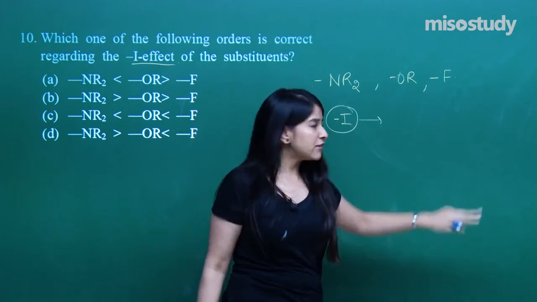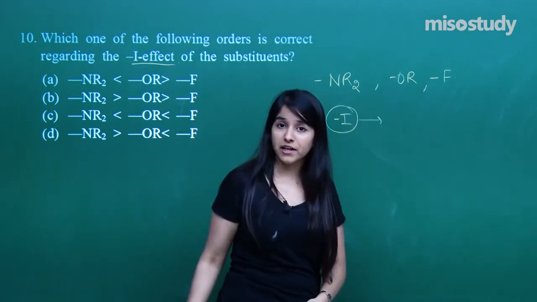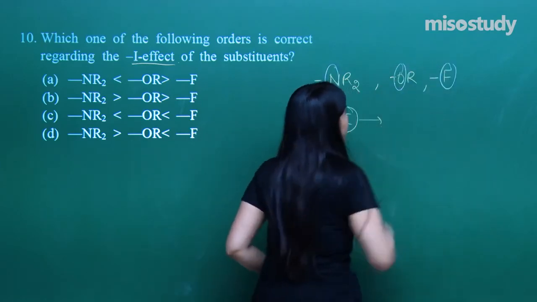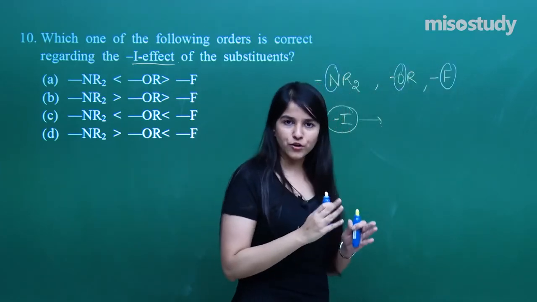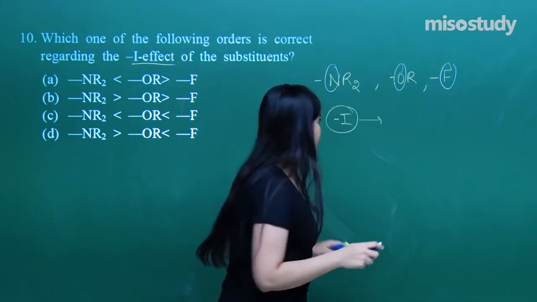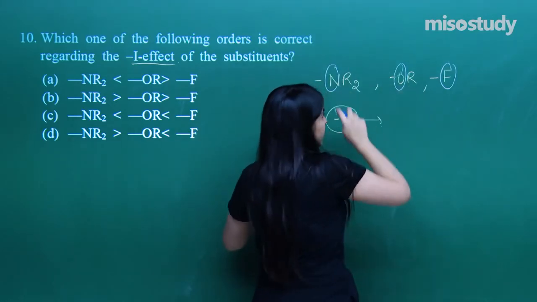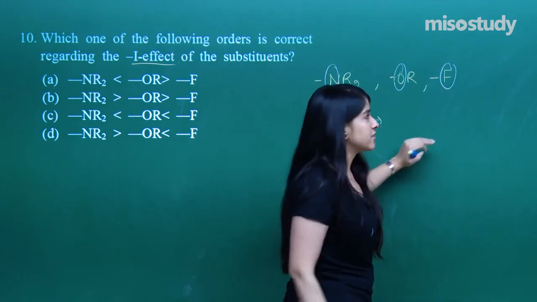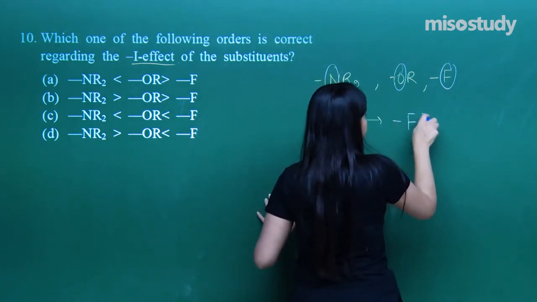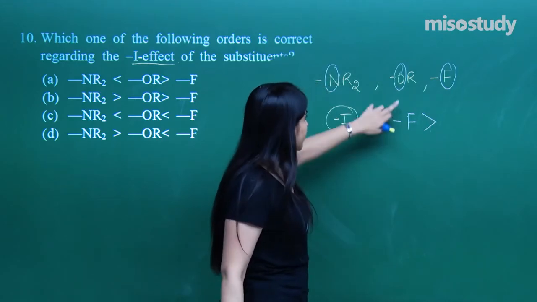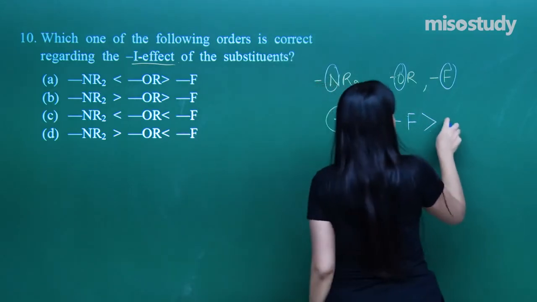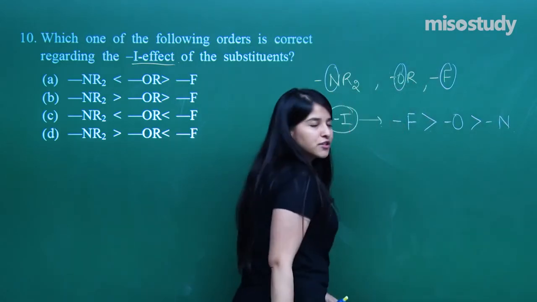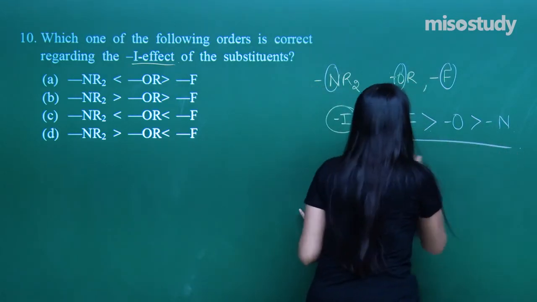So clearly you can see we have got all the 3 electronegative elements. So these are nothing but electronegative atoms over here. Now you just need to arrange the order of electronegativity and we will get the answer. So which is more electronegative? Fluorine is the most electronegative element of the entire periodic table. So I have got fluorine followed by oxygen followed by nitrogen. So that is what the electronegativity order is.